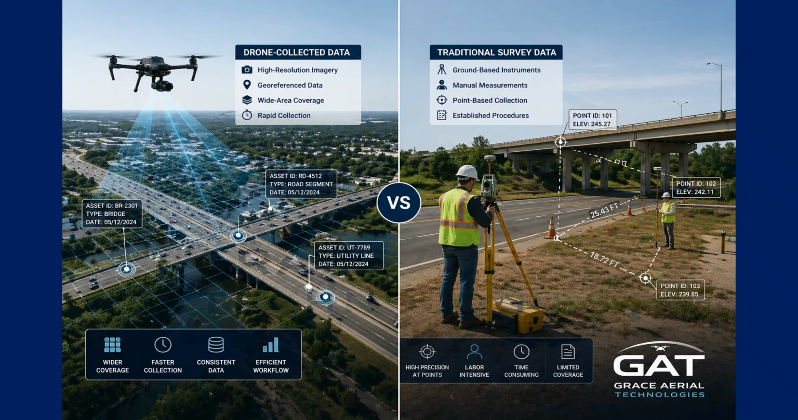Infrastructure data can be collected using multiple methods, with drone-based data capture and traditional survey techniques being two of the most common. Drone data refers to imagery and spatial information collected from unmanned aircraft systems using aerial sensors. Traditional survey data typically involves ground-based instruments, manual measurements, and established surveying procedures. Both methods serve important roles in infrastructure documentation, but they differ significantly in how data is captured, processed, and